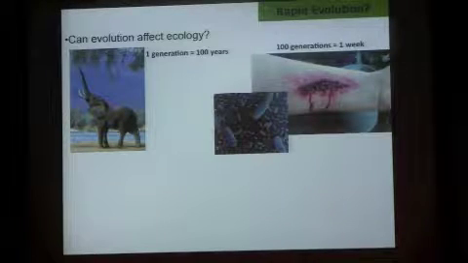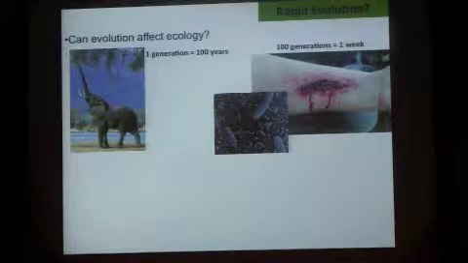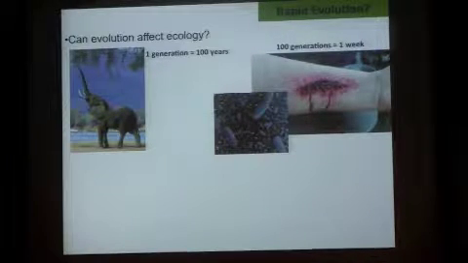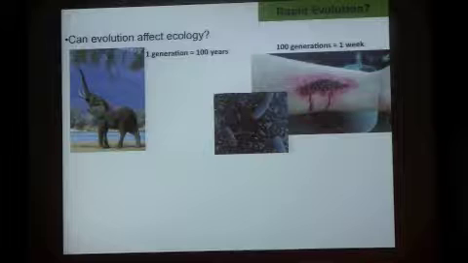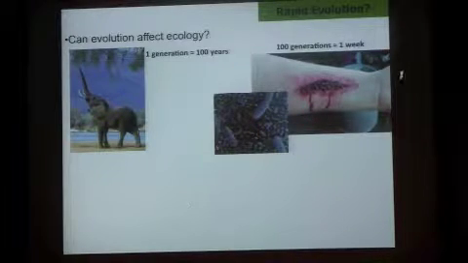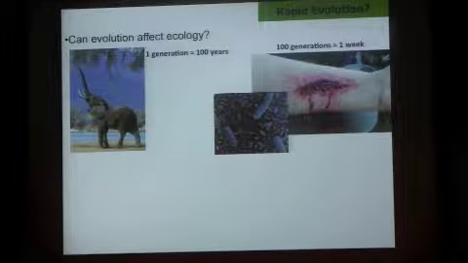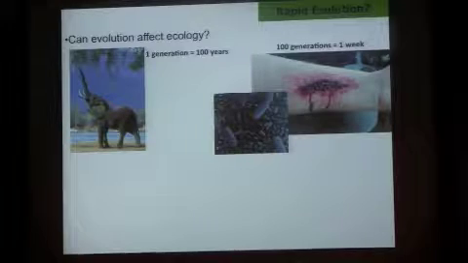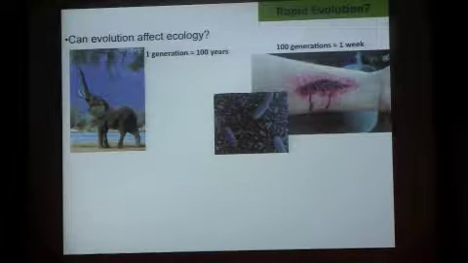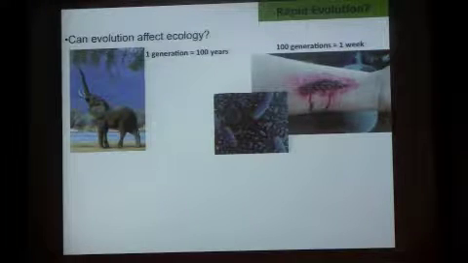we know that things like antibiotic resistance can evolve really quickly on the course of, say, weeks or months because the generation times of those bacteria are so quick. And so you might think, okay, well, I don't work on bacterial communities, so why should I be interested in that? Except that bacteria and all these microbial systems are intimately involved with almost every other organism on Earth. So this elephant has bacteria living in its gut, and that affects how it processes plant food. And so if those bacteria evolve, it might change the way that that elephant interacts with the rest of its environment.